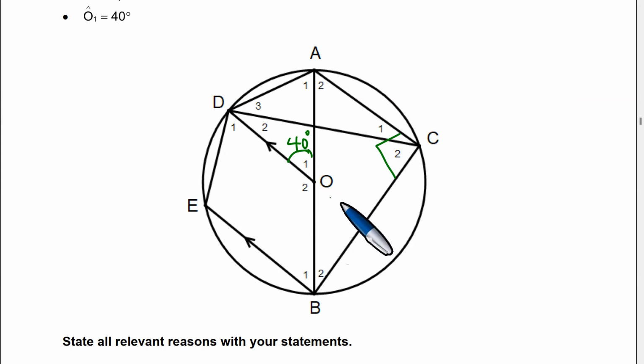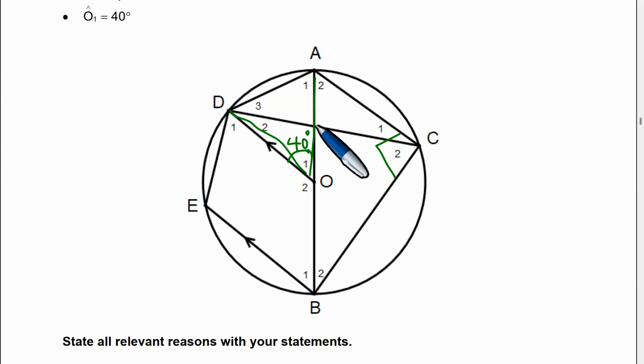Okay, so this one is the center of the circle. So this one is like a radius, and this is like a radius. So this triangle here is isosceles. So it means therefore this angle is 40. This angle must be equal to this. Okay. So in other words,